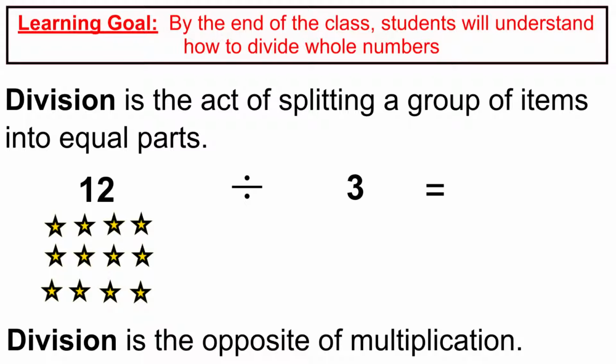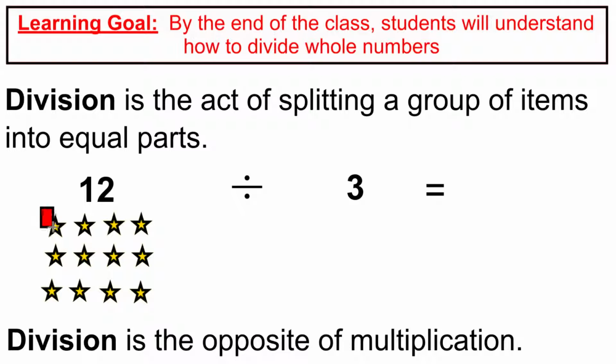So here's my quick example of this. If I ask you to do 12 divided by 3, what I actually mean is I have 12 items, and there are 3 people that I'm going to give those items to. I've decided that I'm going to split them. I need to take these 12 items and give all 3 of these people the same amount. And so in this case, the way that I'm going to do that is I'm going to just split it